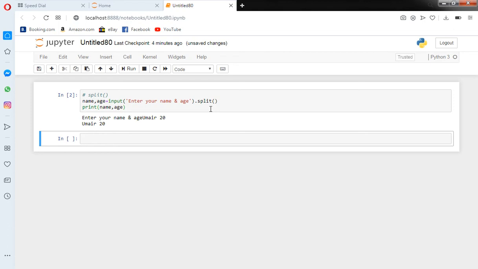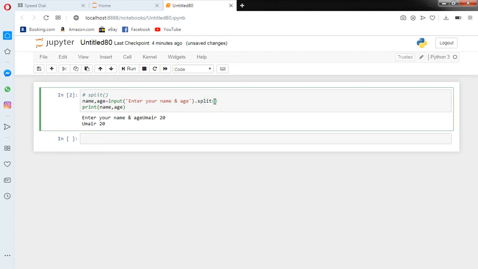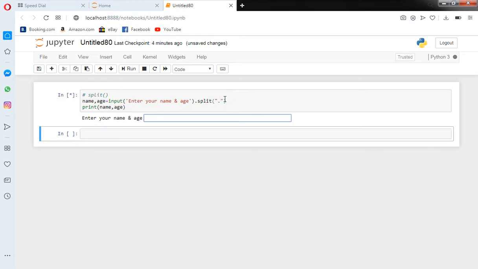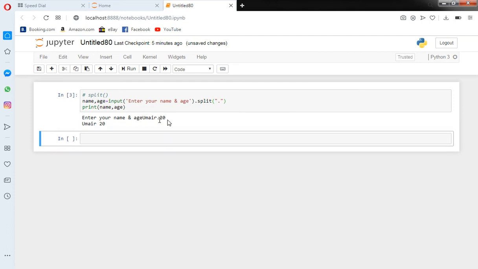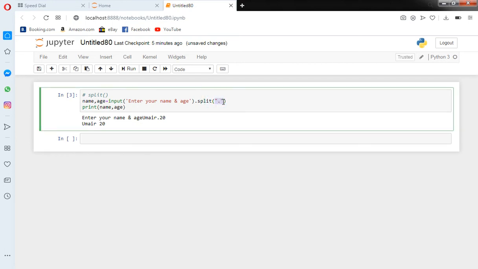If we want to separate by anything else, we can identify it here. If I use a dot, these two values are separated by a dot. If I run it again, Umair dot 20. So you can see we can use anything, we have to write it here under the split method.